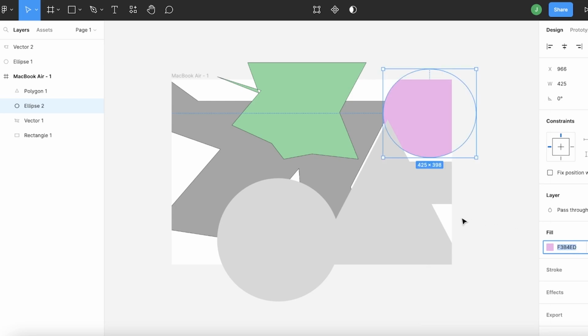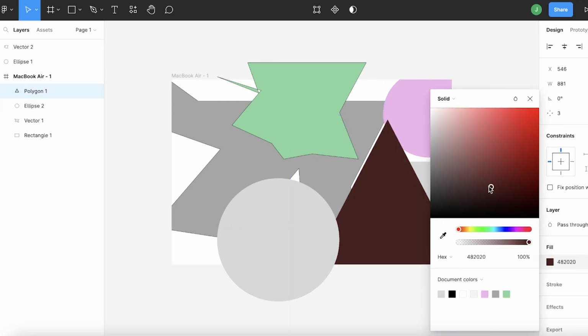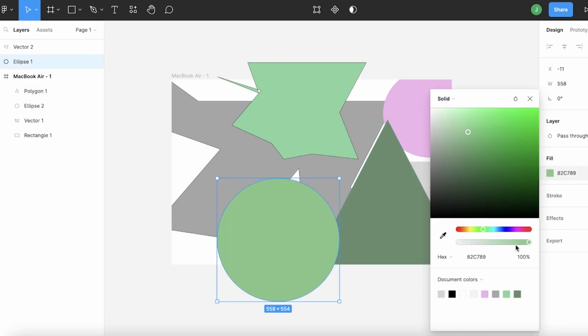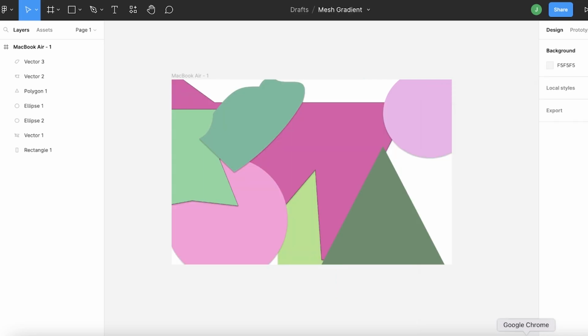You can do this randomly, or you can build your color scheme in accordance to pre-existing colors that you might have. So I'm just going to build my color scheme. I'm doing a very basic gradient. So now I've just added all my shapes, and I've colored all of my shapes to the color scheme that I want to follow. It's green, then pinks, and